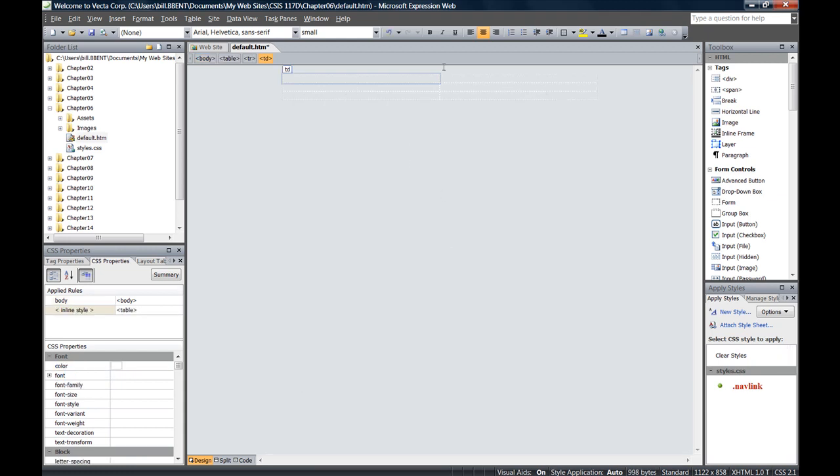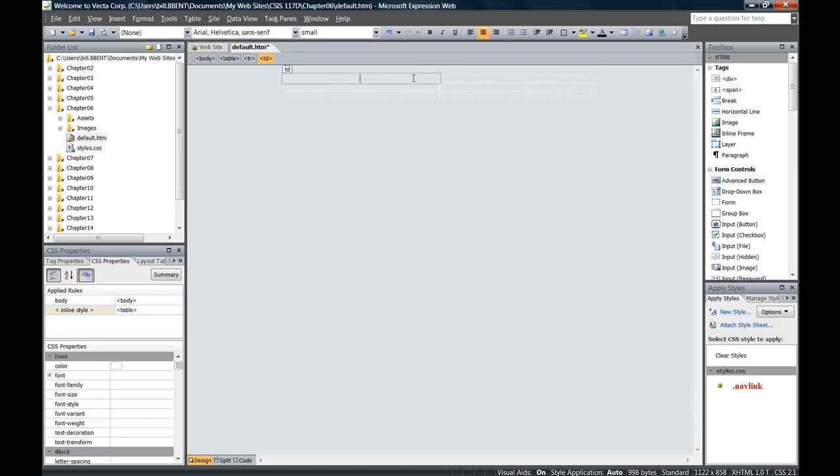You can see the new table now appears here in our document. These white dotted borders represent the outlines for each of the cells in our table. And we're going to make a quick modification here to this table. The first row and the last row want to be just 1 column wide, but the full width of the